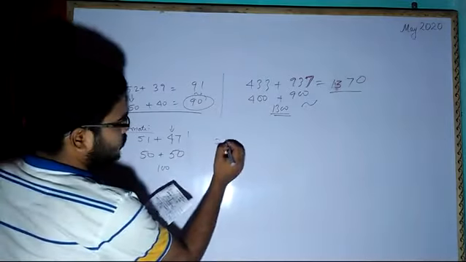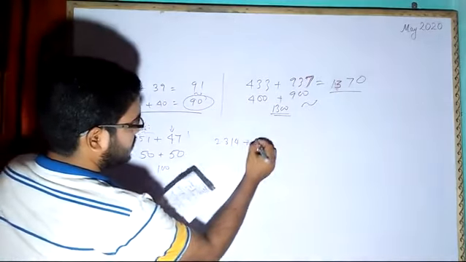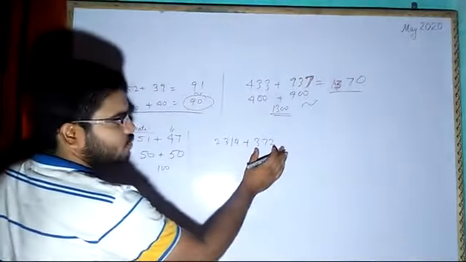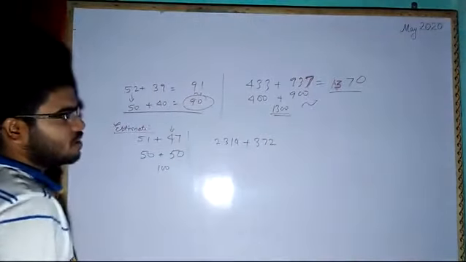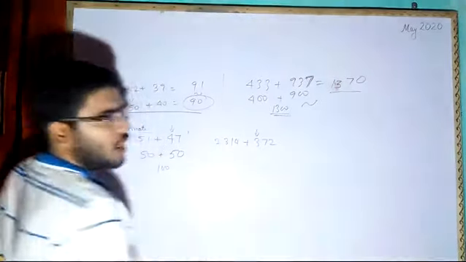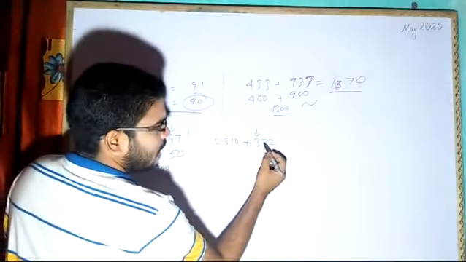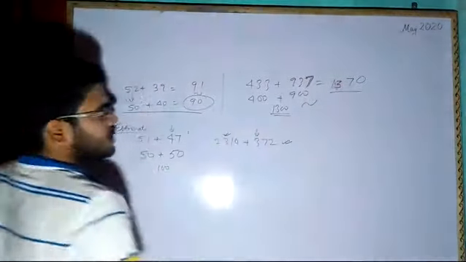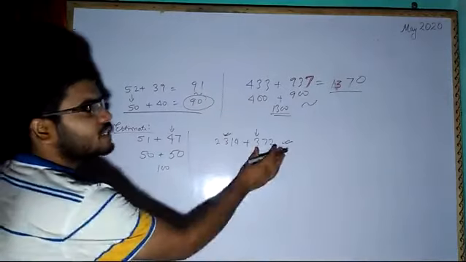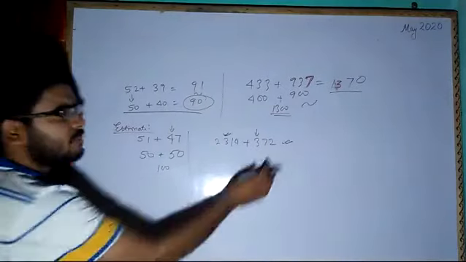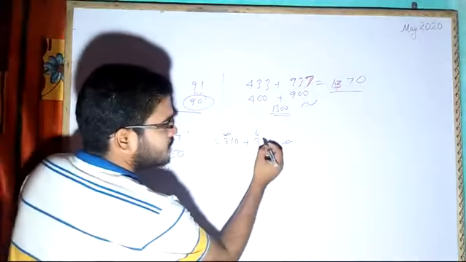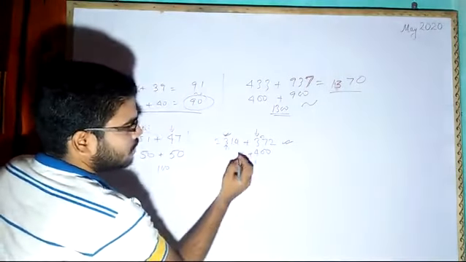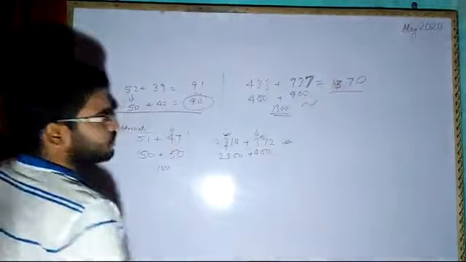Suppose I am having 2314 plus 372. Now how are we going to estimate? First we will see the smallest number. 372 is smaller than this, so this is the smallest value. Now maximum estimation we can go up to the 100 position. This number will also be estimated up to the 100 position only. That is why we select the smallest number, so that estimation can be easy. So this estimation will be 400. Here the 100 position is 3, and here it will become 2, 3, 0, 0.